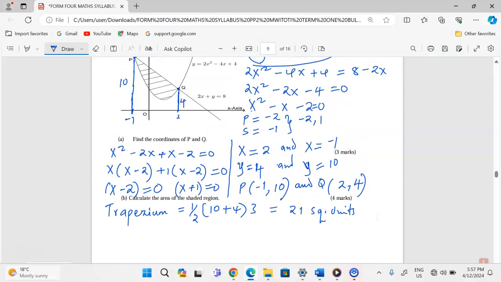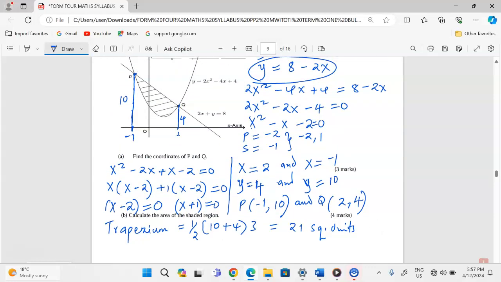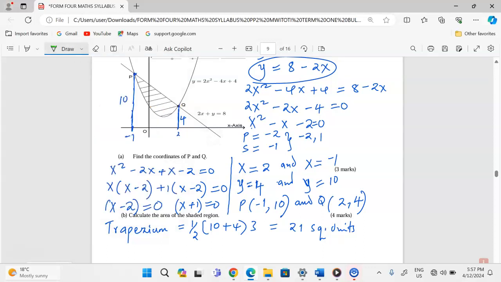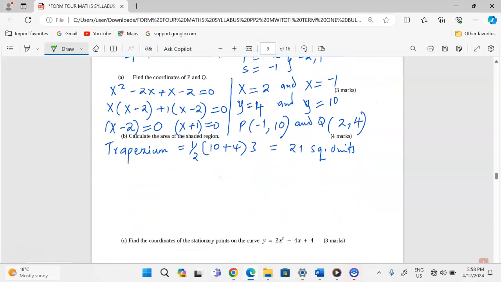Now, area between the curve and the x-axis. Let me show you the area I'm talking about using a different color. I'm now talking about this area. The area below the curve, the x-axis, and the lines x equals -1 all the way to x equals 2. The area bounded there will only be calculated by integration from -1 all the way to 2 for the function